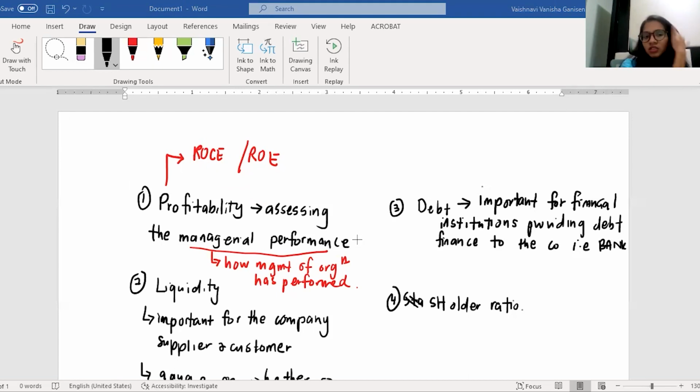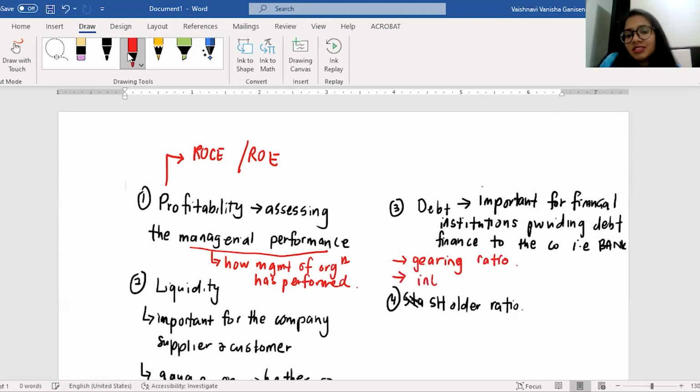Number 1 will be your gearing ratio. Your gearing ratio, as you know, will be an important part of your debt ratio. And number 2, interest cover. So you must remember, guys, please don't forget, whenever you are calculating your gearing ratio or your debt ratio, remember that debt ratio comes hand in hand with interest cover. All right. Now, moving on to the next part,